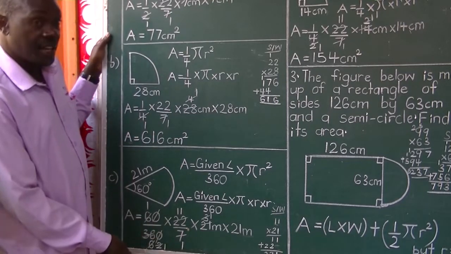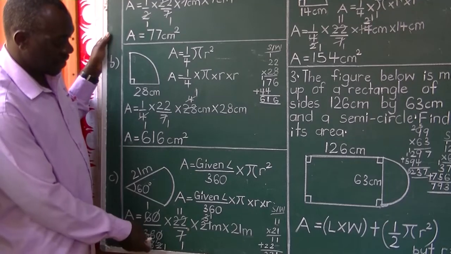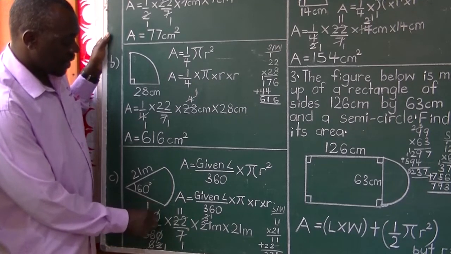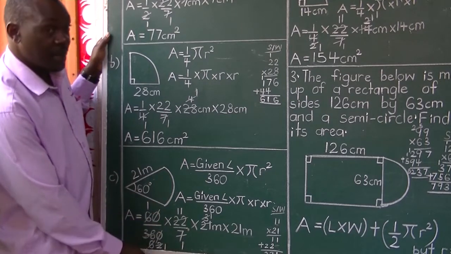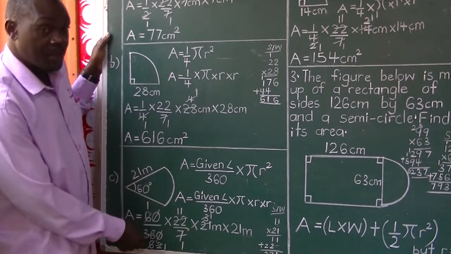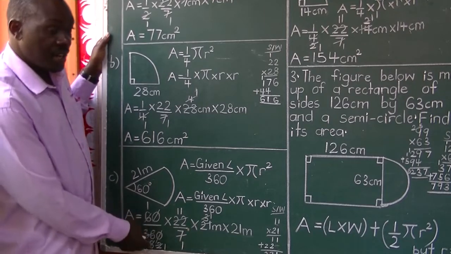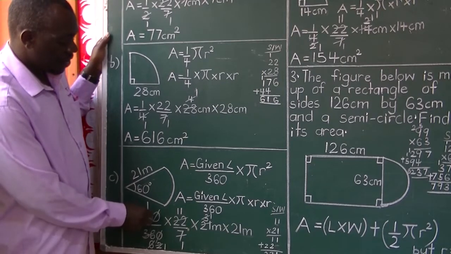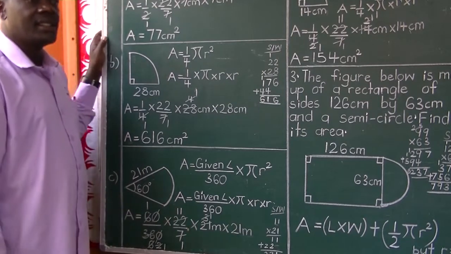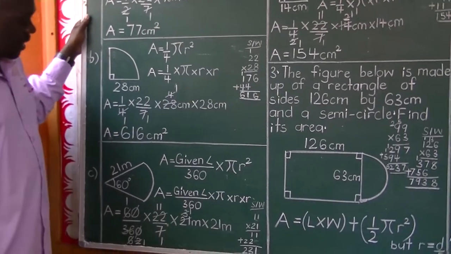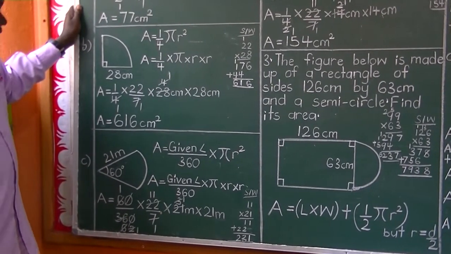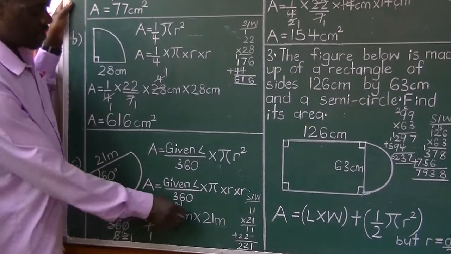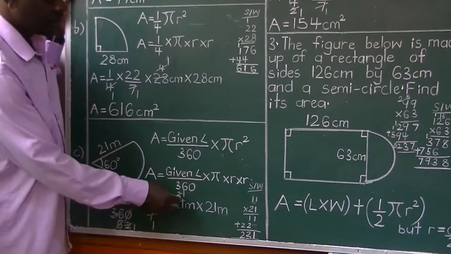I don't detect one here, so I'm going to divide 60 and 360 by 10 first. So 60 divided by 10 you get 6, and 360 divided by 10 you get 36. So I've got 6 out of 36, where both are divisible by 6. We say 6 divided by 6 once, and 36 divided by 6 you get 6. Then we detect another divisor here. 7 and 21 are both divisible by 7. We say 7 divided by 7 once, 21 divided by 7 you get a 3.